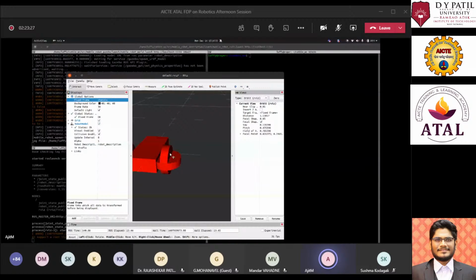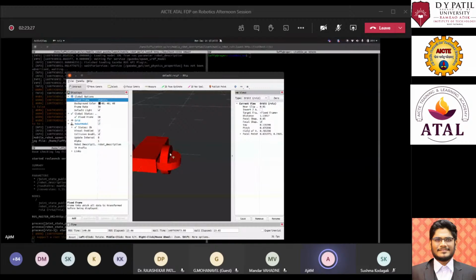So right now I have just changed in pitch. I have kept the yaw still 0, and you will see the wheel is rotated in pitch axis. Now pitch axis is rotation along y axis. So yeah, see now the pitch wheel has been rotated in y-axis. Now I'll again rotate in yaw axis, which is around z.